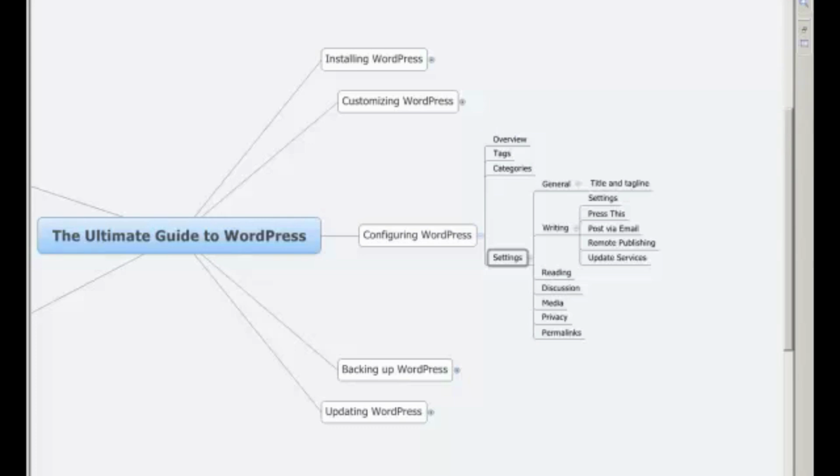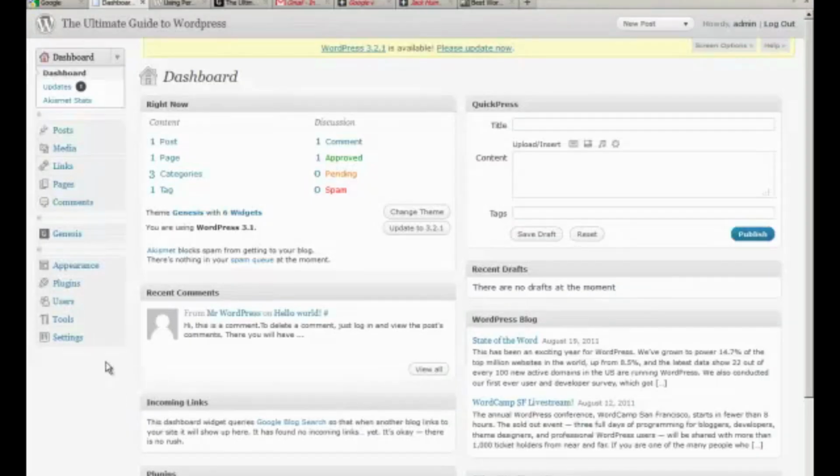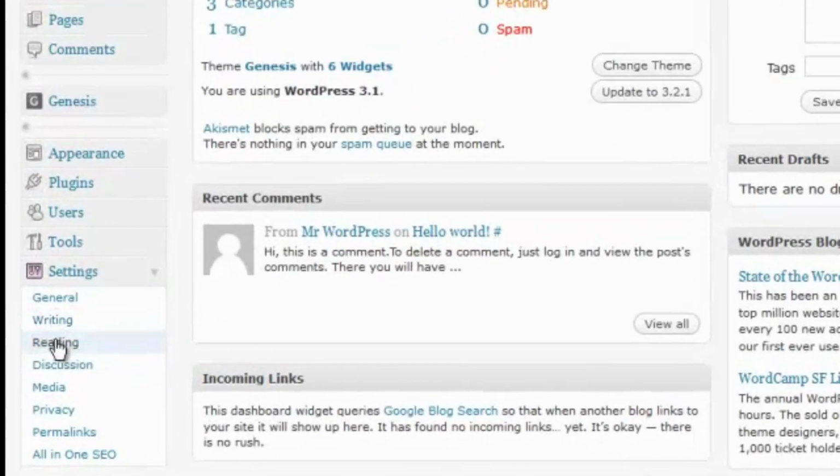Okay, so the next step in configuring WordPress is actually to go to the settings in your WordPress dashboard. And there are 7 general categories of settings in that dashboard. So let's go take a look. So go down here, you're in your dashboard, go to settings, and you see general, writing, reading, discussion, media, privacy,